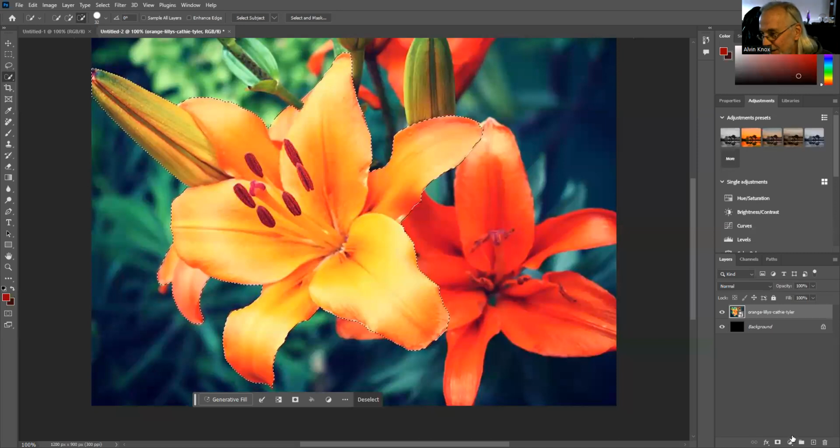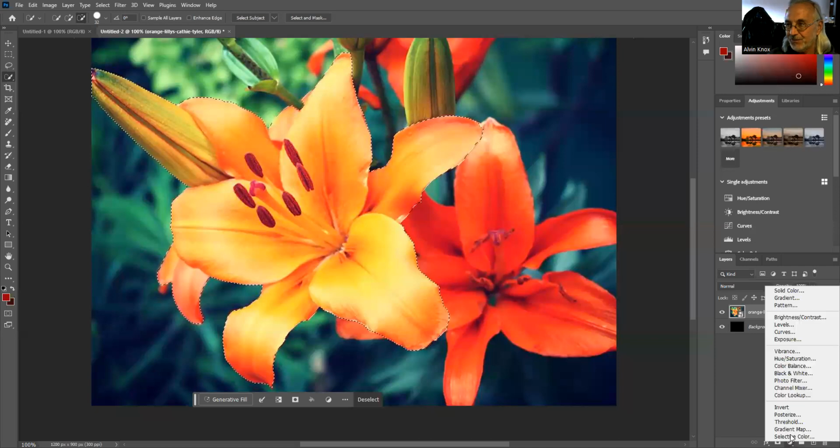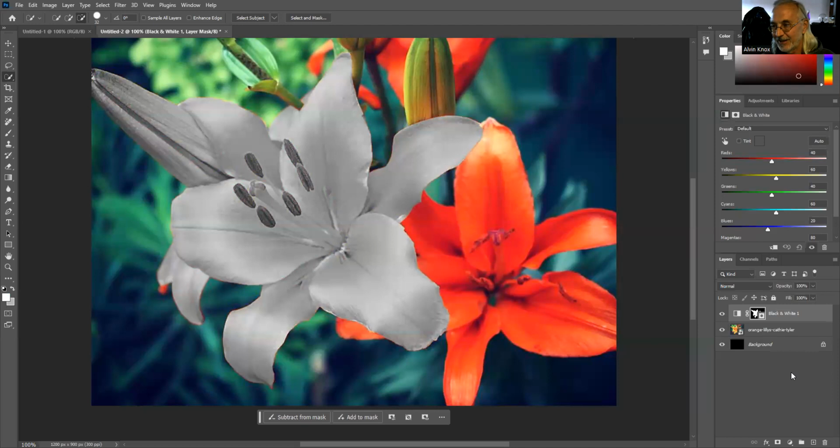And I am going to come down here to this little half black, half white circle, and I am going to create what is called an adjustment layer. And I am going to create a solid color. Well, I could do a gradient. I mean, I can do lots of different things, right? I can change the exposure. I could just change the brightness contrast. I could take out the color and make the selected area black and white if I so desired, right? And I can click on this and I can change,